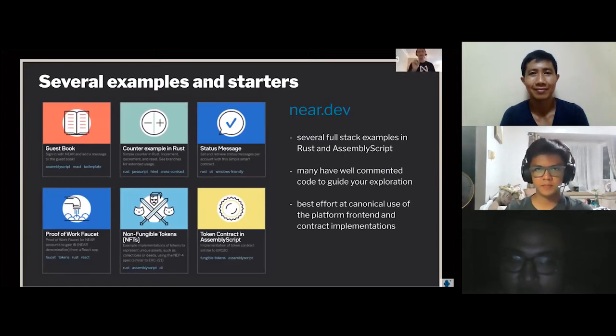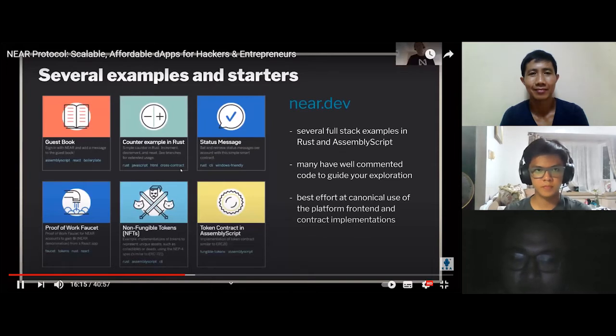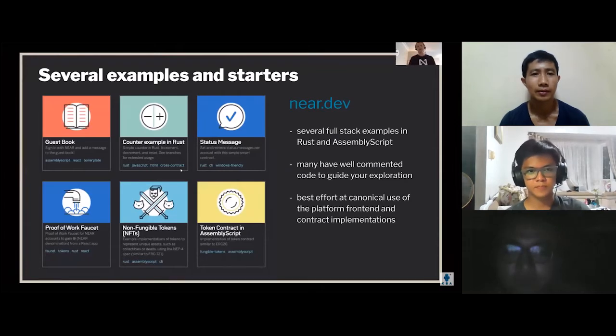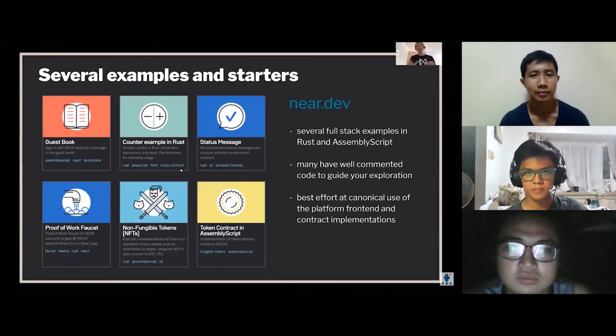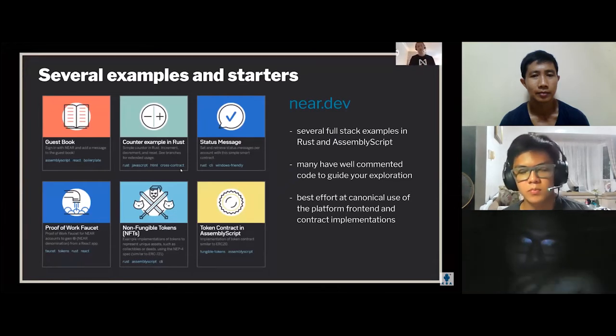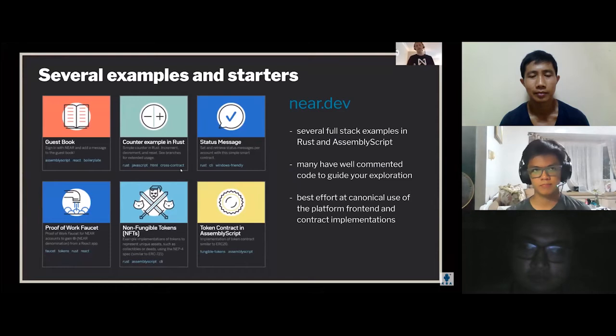One of the simplest things you can do is visit near.dev. That's the website. And there we have about a dozen examples that you can just click through and run right from your browser, actually using Gitpod, a web-based IDE, and a Dockerized development environment. So if you want to try any one of these examples, look at their source code. Some are written in Rust, some in AssemblyScript. You can see it in the little blue tags at the bottom, which is which. These examples are well documented and instructive for you. So that's one of the fastest ways to get started.